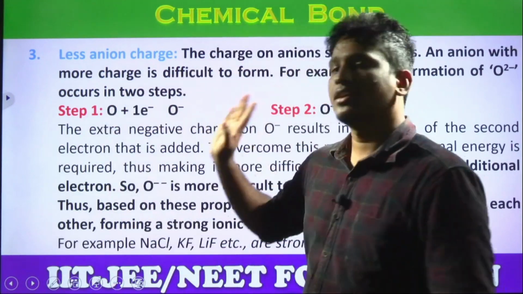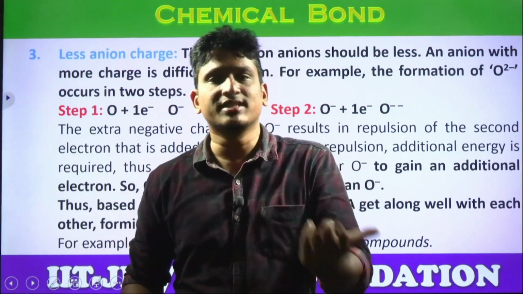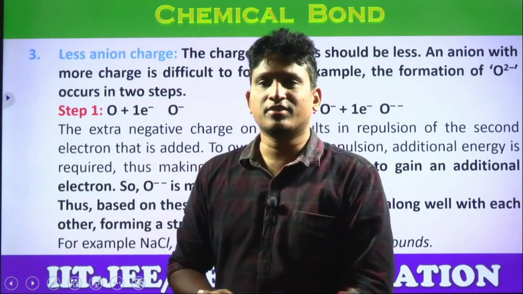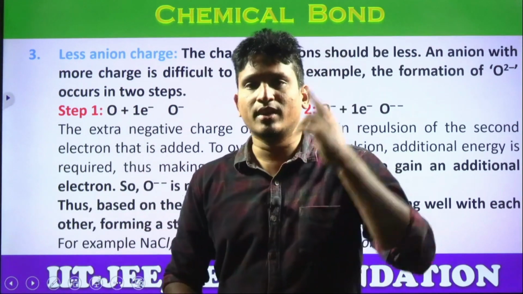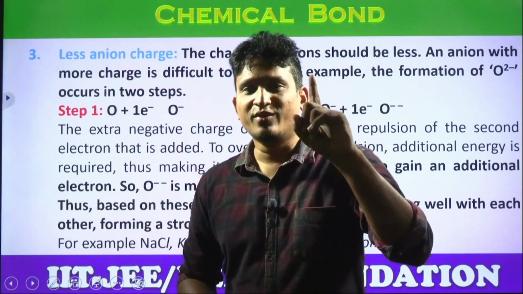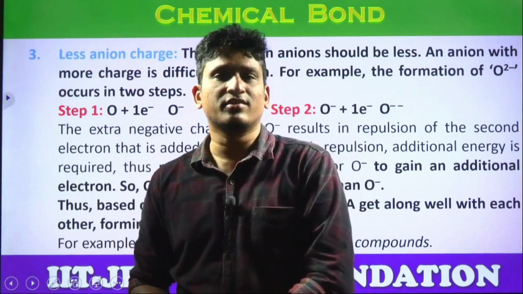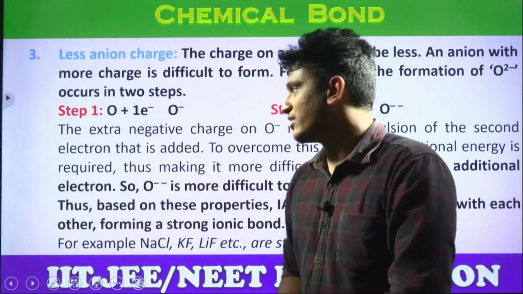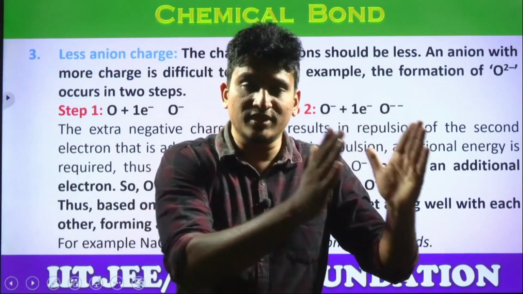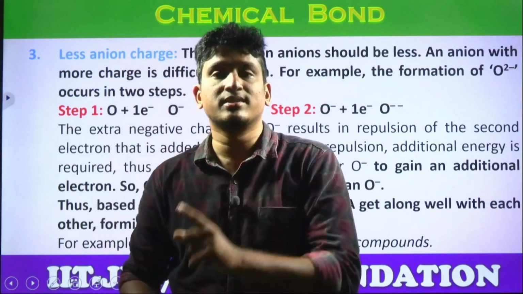Less anion charge, same. Gaining 3 electrons or gaining 2 electrons or gaining 1 electron. Which process is easy for anionic formation? Gaining 1 electron. Yes or no? Oxygen needs to gain 2 electrons. Nitrogen needs to gain 3 electrons, but fluorine only 1 electron. So which is easy for anionic formation, which is favorable? Gaining 1 electron. Same as the cationic condition also. Which is easy? Losing 1 electron. So the extreme metals are first group elements. Extreme non-metals are 17th group elements. Their valence is 1.